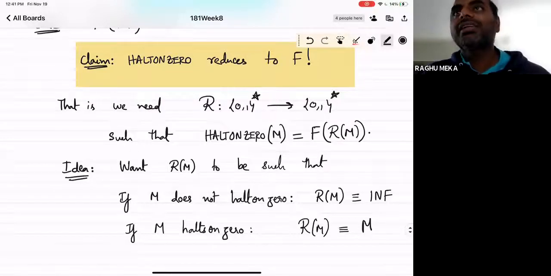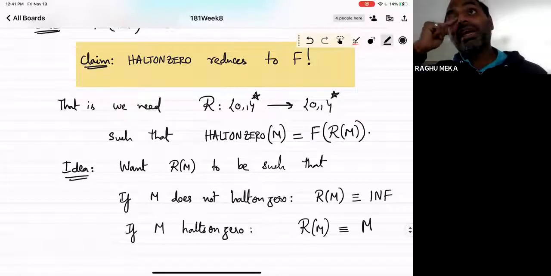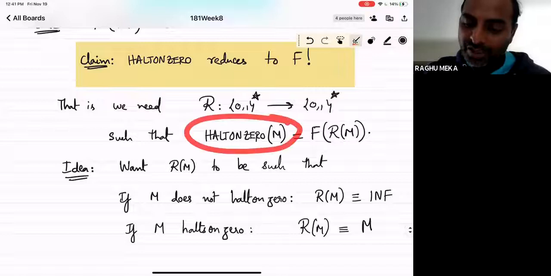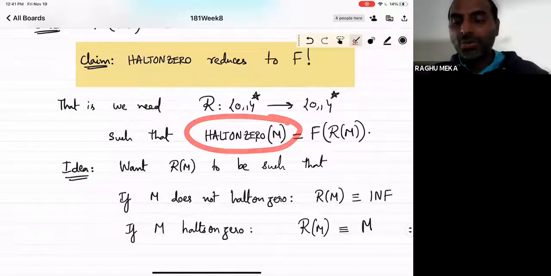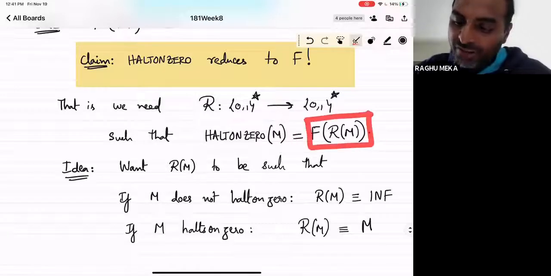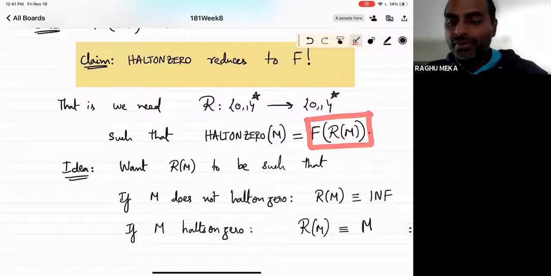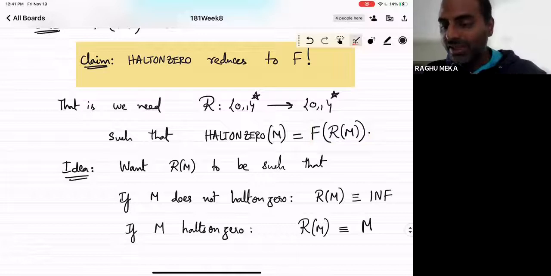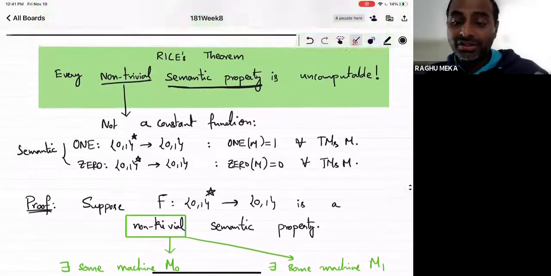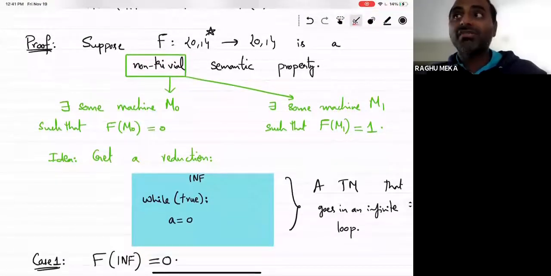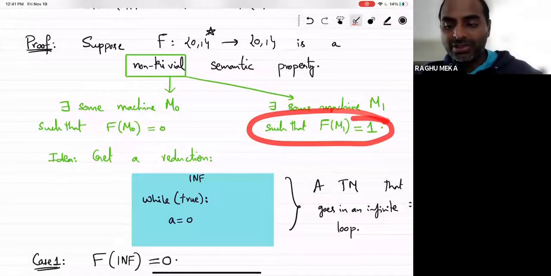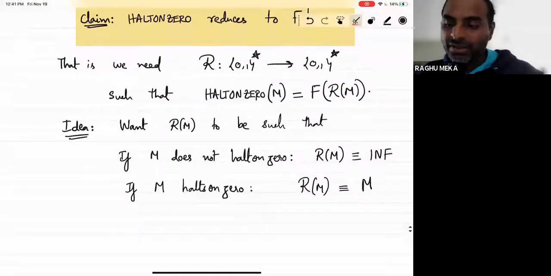On the other hand, if M halts on 0, then halt on 0 of M would be 1. The output would be 1, right? But for the equality to hold, we need F of R of M to be 1. But the only thing we really know about the semantic property is that there is some program. It could in fact only be a single program for which this holds, right? So we need